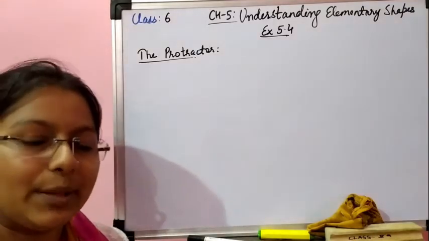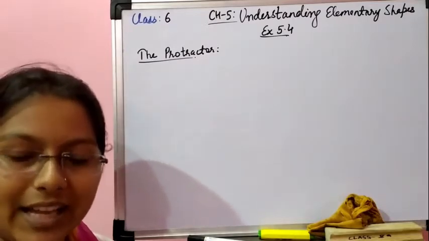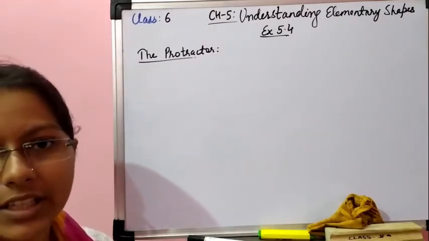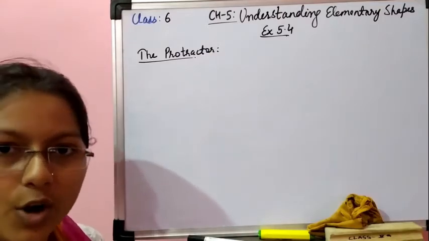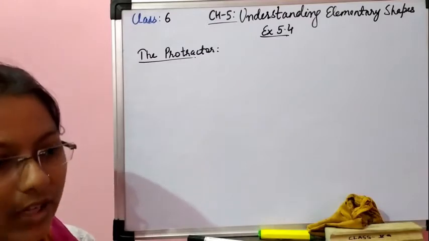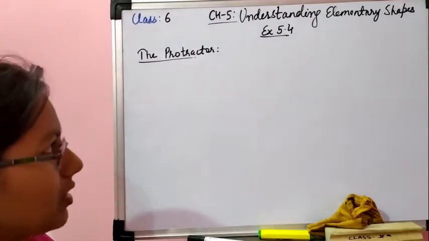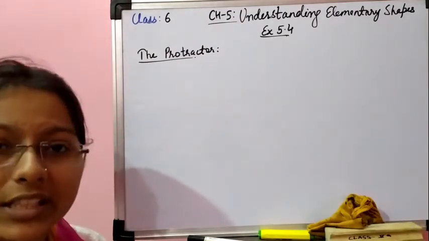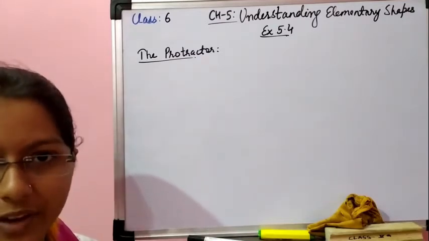Good morning, students. In the previous classes, we have understood how we can compare line segments by different methods, and then we have learnt about the different directions, then rotations in clockwise rotation, anti-clockwise rotation, or in which direction we will face. Such kind of questions we have discussed, and in the last video I explained the different types of angles also. Basically, I have explained the 6 types of angle.